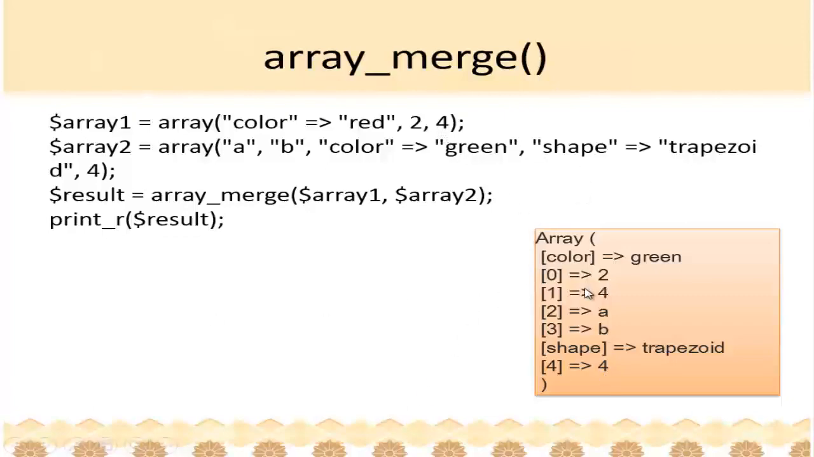So 2 will get the index 0, 4 will get the index 1, A here will get the index 2, B here will get the index 3, and this already has an index, so that index will not be touched. Then 4 will get the index 4. Now if you take this array alone, you will notice that